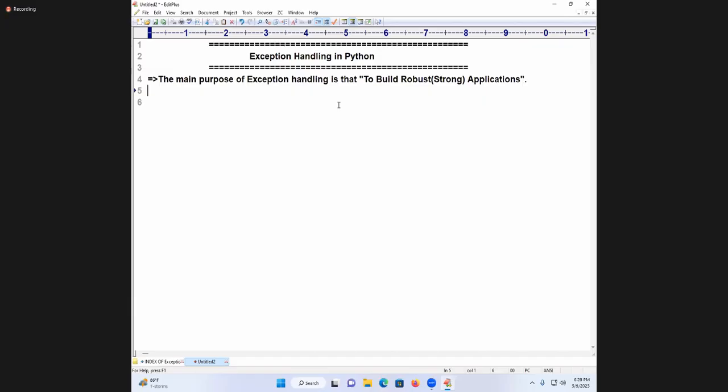In simple words, when the end user commits a mistake, your application tells him about the mistake. It is known as a user-friendly error message. Such user-friendly error messages are developed in coding by using which concept? The exception handling mechanism.